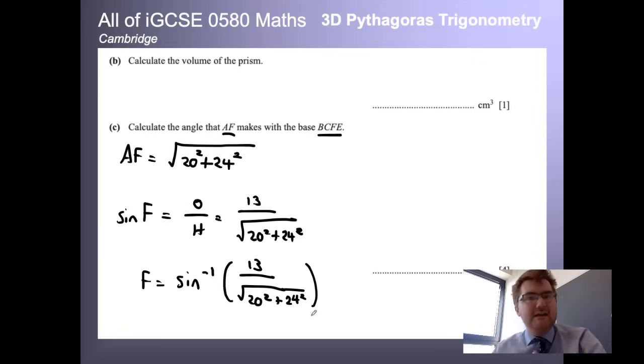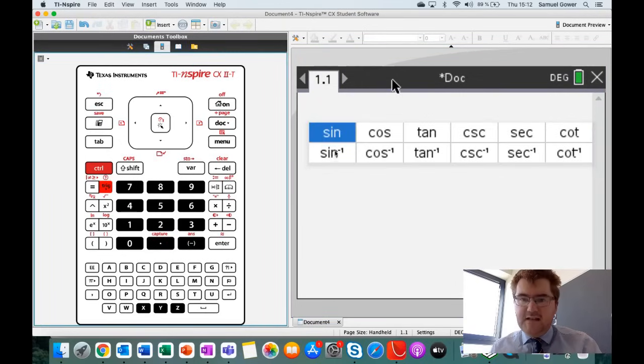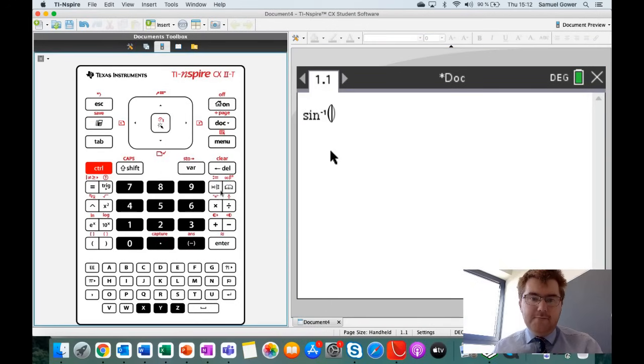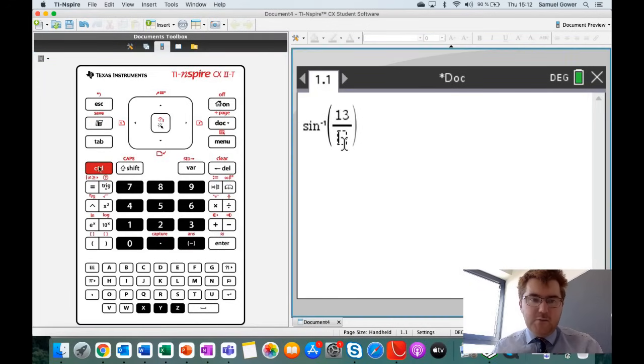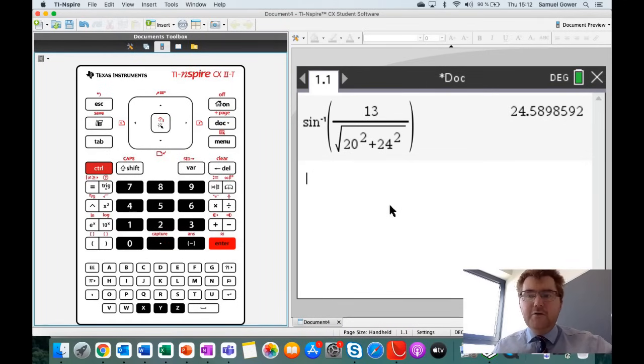So let's go over to my calculator and pop all this in. Let's put this in, make sure it's set in degrees. We want to find the inverse sine. Let's get our fraction button ready. 13 is our opposite. And then we have this square root calculation. Notice by not using my calculator too early, I get the most accurate answer that is possible. I press enter and I get my final angle here of